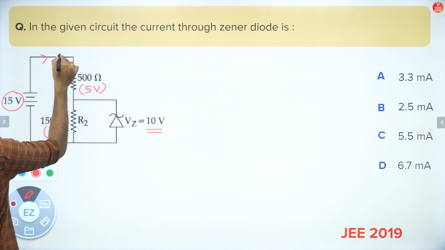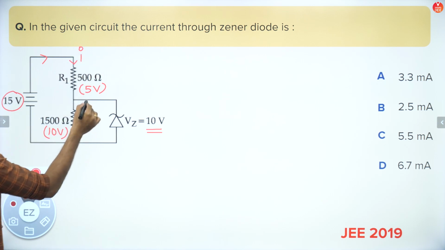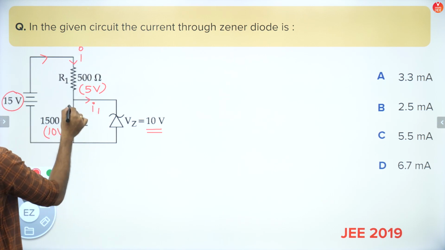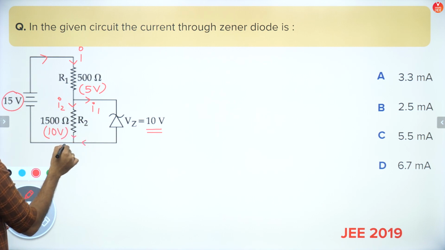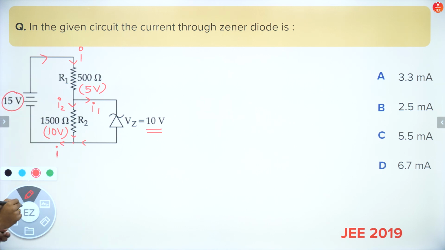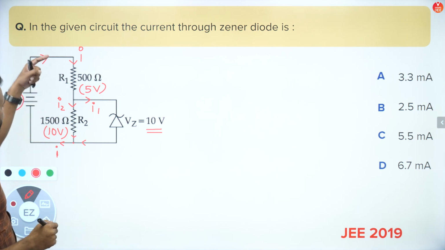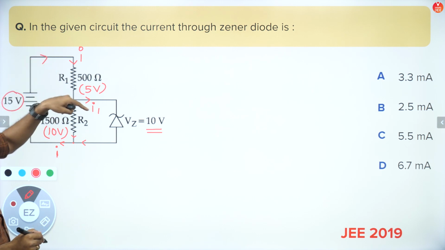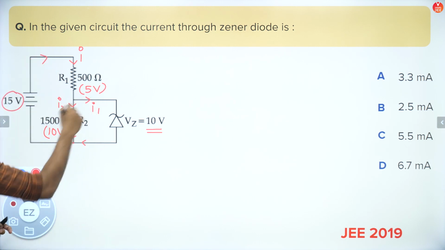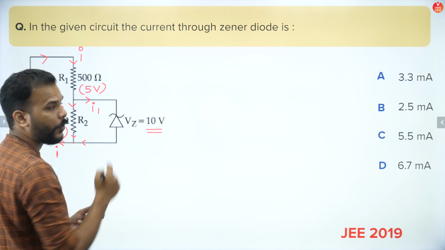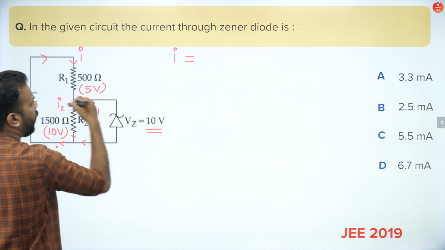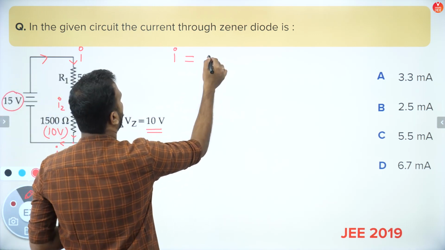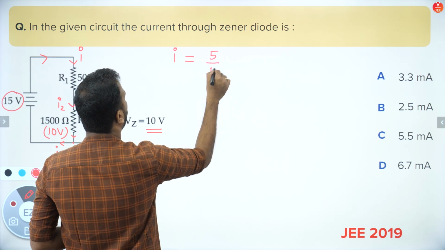Means what? Say the current started from the battery, and I1 goes to the diode and I2 goes to R2, and they both, again by using the junction rule, join to become I again to reach the battery. So let's try to find out the values of I1 and I2, and then we'll be using the junction rule to find out the value of I1, that is the current which is flowing through the Zener diode. Okay, guys, so I will be equal to V by R1, and that is basically 5 by R1,